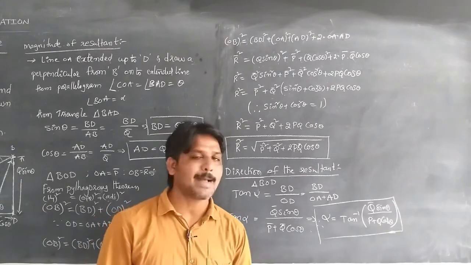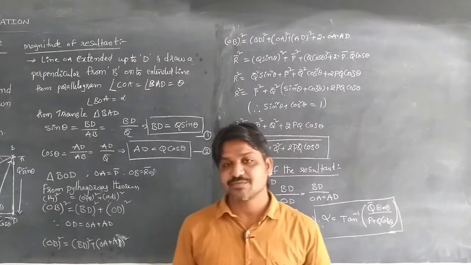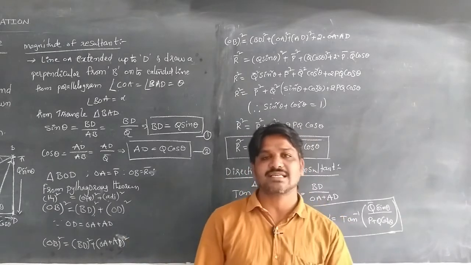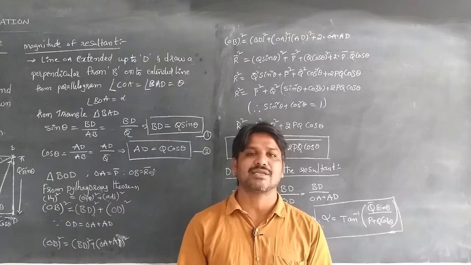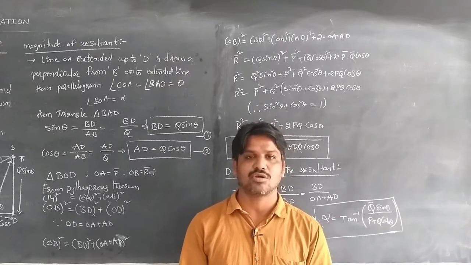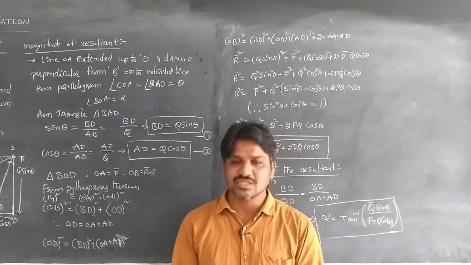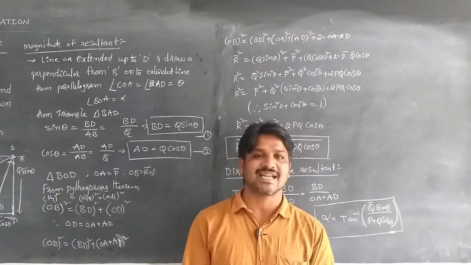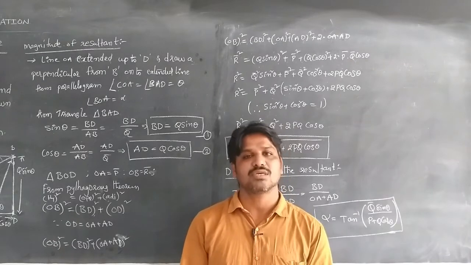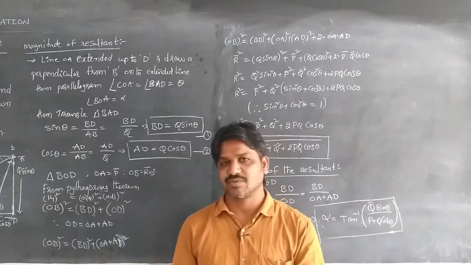We can find out the magnitude and the direction. Now once again, what is the parallelogram law? If two vectors are represented in magnitude and direction by the adjacent sides of a parallelogram drawn from a point, the diagonal passing through that point represents their resultant both in magnitude and direction. This is the statement of the